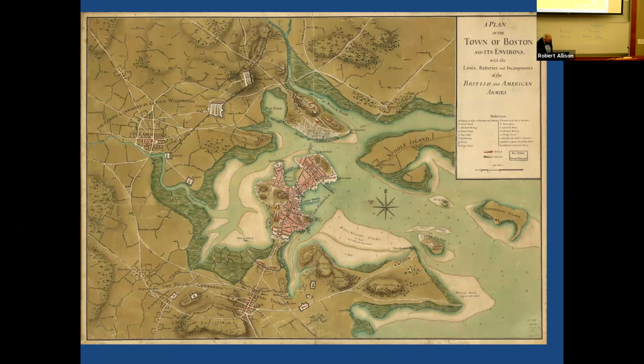But what happens then is Washington, who is here in Cambridge, has some of the cannon placed here at Lechmere Point and has them firing. Also around here is Fort Washington. You can still see this in Cambridge. And they're firing, by the way,